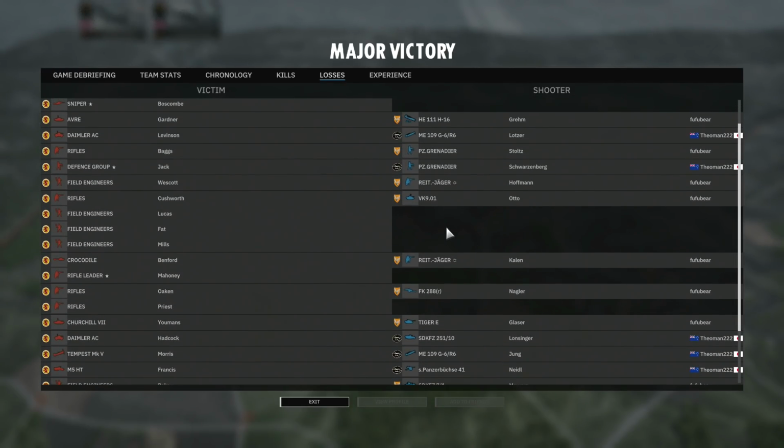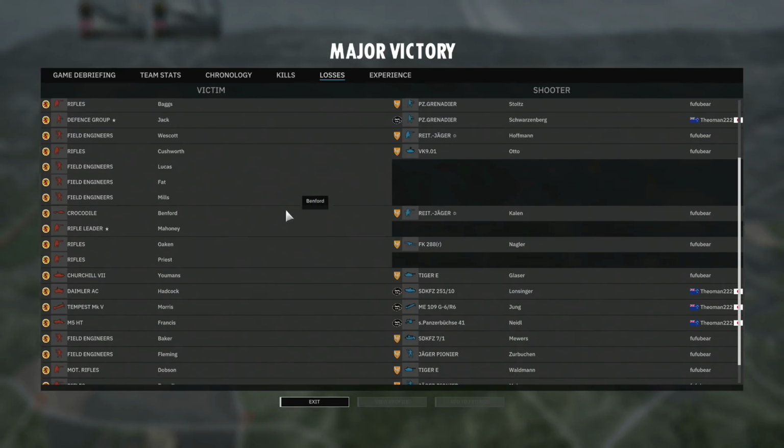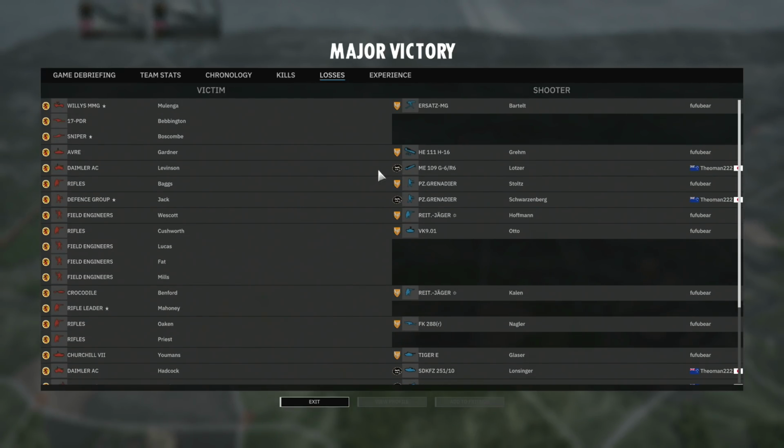In terms of what destroyed us, well, the VK on the left killed many of my field engineers, because I think my Crocodile died early on. What actually killed the Crocodile? Oh, it got hit by a Panzerfaust from the right Jaeger. Okay, that's what happened. The thing is, with the Crocodile, I only have 160 meter range on its